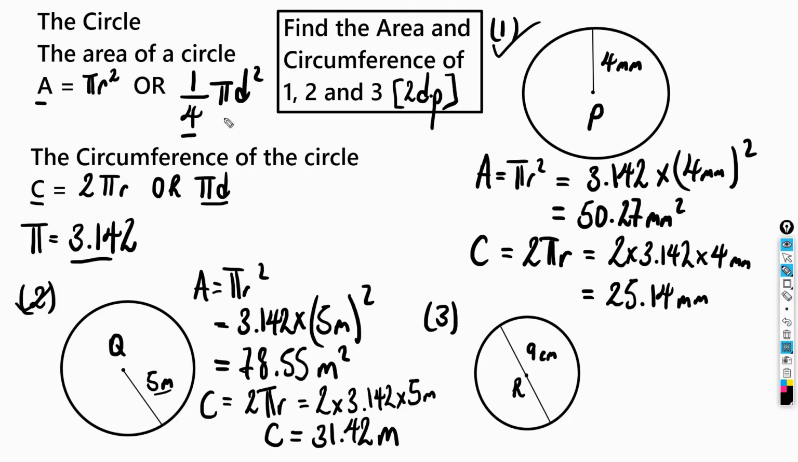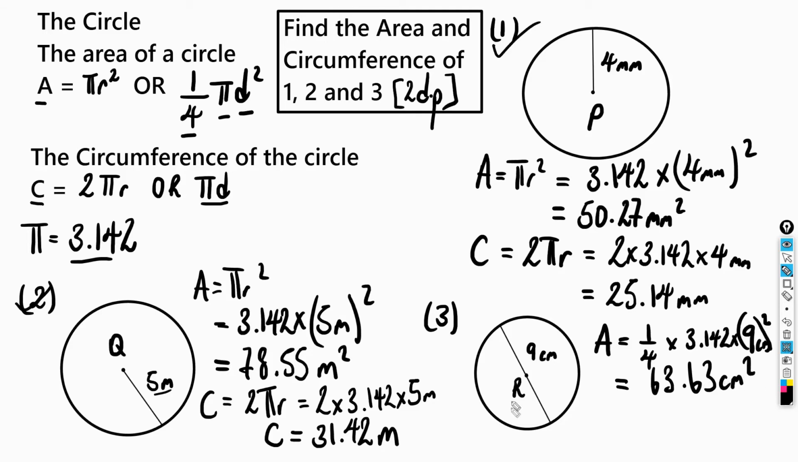Remember, we have 1 over 4 pi d squared is also equal to the area, and pi d is also equal to the circumference. So for this example, let's use those formulas to solve the question. The area should be equal to 1 over 4 times pi, which is 3.142, times d squared, which is 9 centimeters squared, right? And for the answer, we should get 63.63